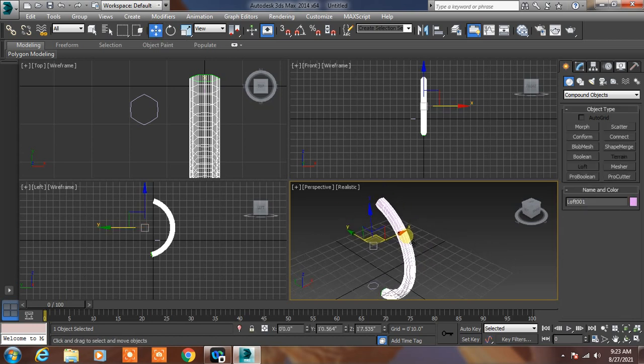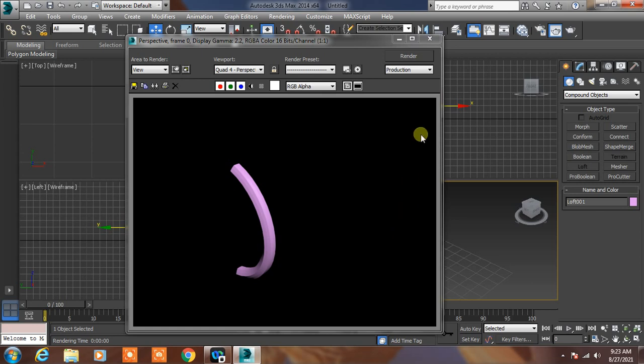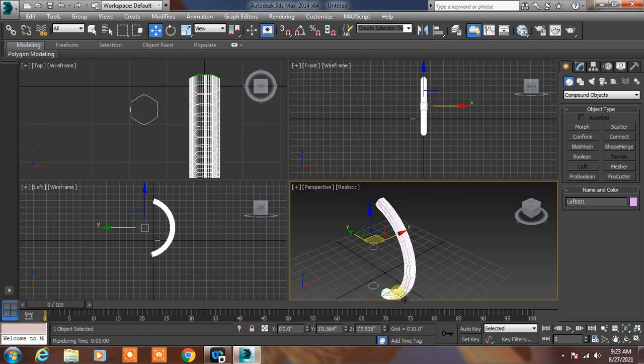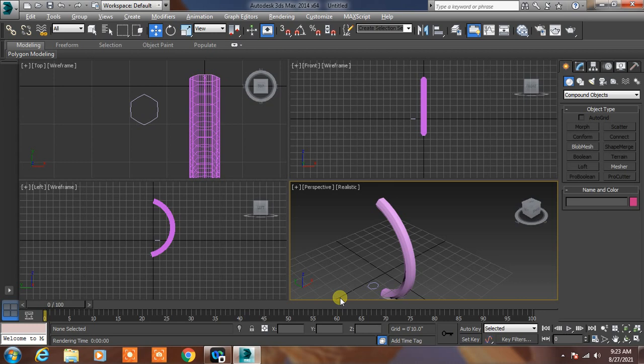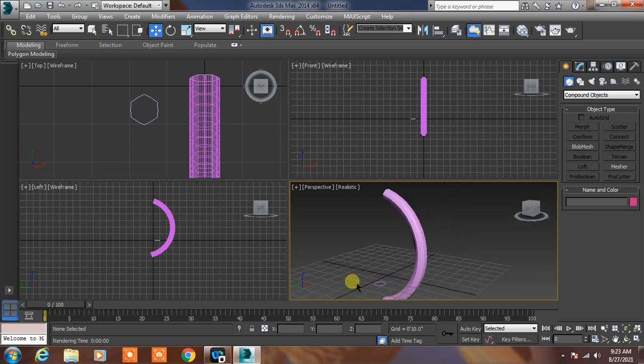So this is the loft option for creating anything. See, automatically the shape is the same. Now if you rotate it like this, it will come like this. Okay, so for suppose in my loft I want to increase and decrease the scaling factors. So how will those scaling factors be increased and decreased? Then you go to